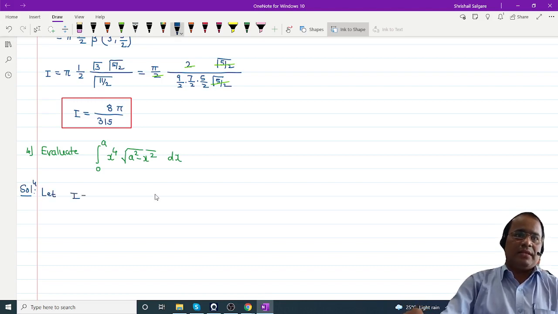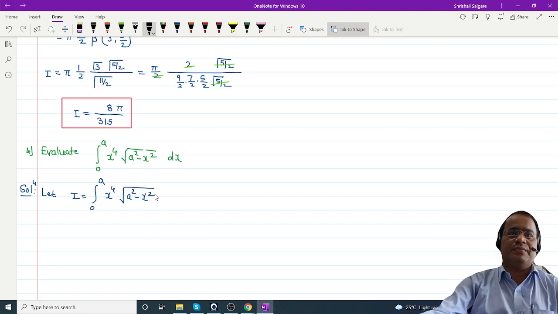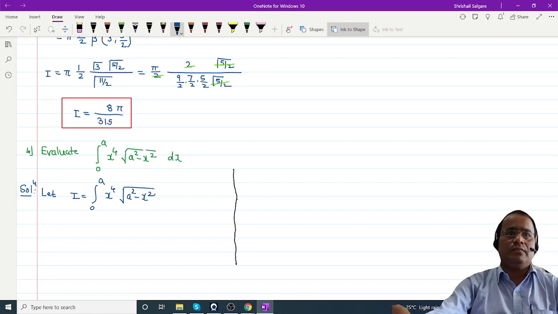So let I is equal to the integral 0 to a, x raised to 4 into a square minus x square. So can anyone guess the substitution? X by a equals t. No, you are thinking in the same direction as yesterday. I am not using the first definition. No, I do not require the x minus t term. Suppose you are correct, but I have to solve this integral by reducing the integrand. X by a equals sine theta. X is equal to a cos theta. That same thing. Sine and cos both work.